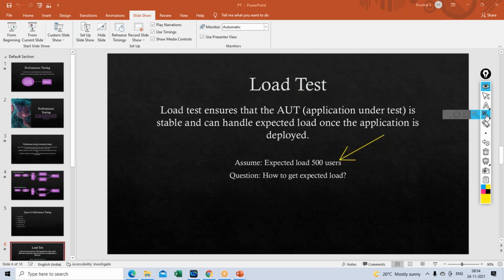That is the peak load. That number will be given to us for the load test by the client, business analyst, or product owner, whoever it is.